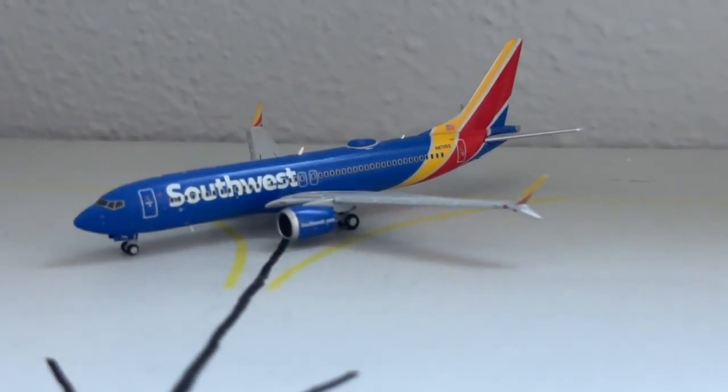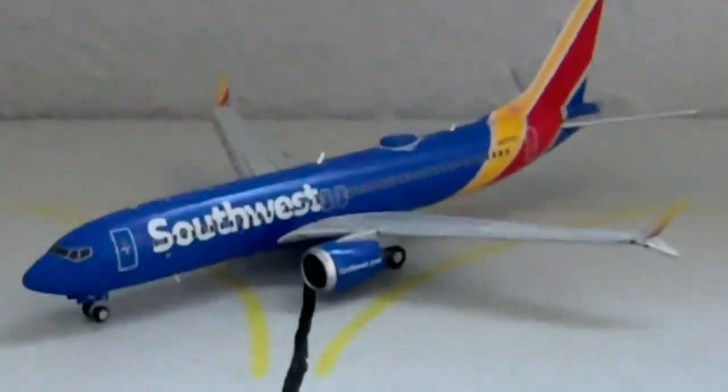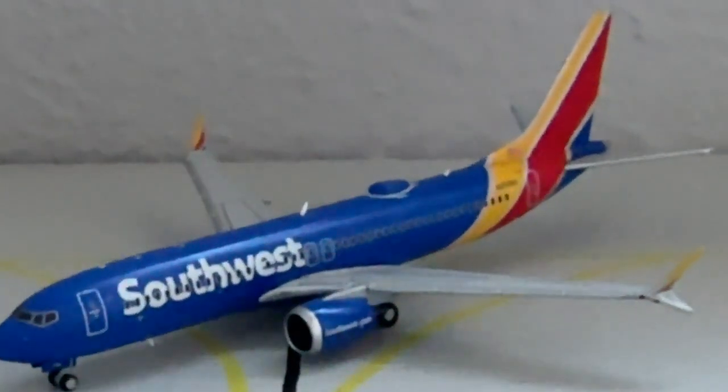Last but certainly not least, taxiing on to the runway for departure, we have the Southwest Airlines Boeing 737 MAX 8. What would this update be without one more macro change at this point? This aircraft's currently making a non-stop flight today, coming in from Houston Hobby, and now it's going to be making a flight today over to